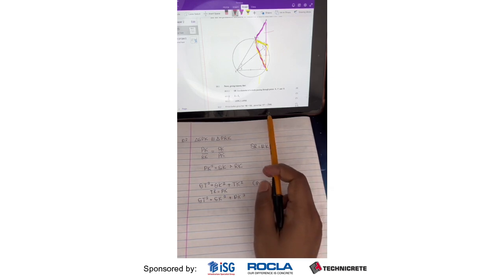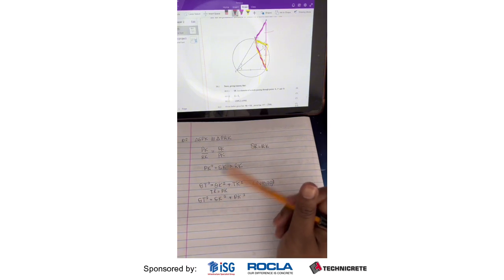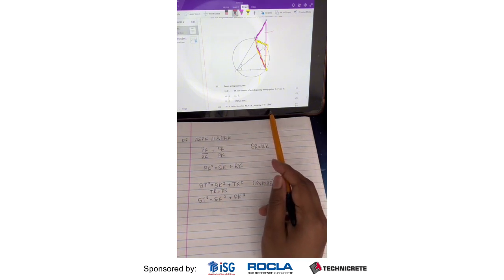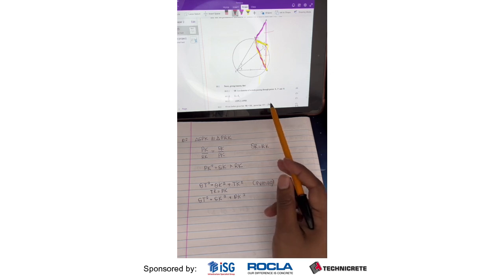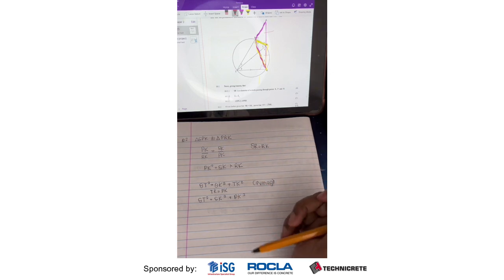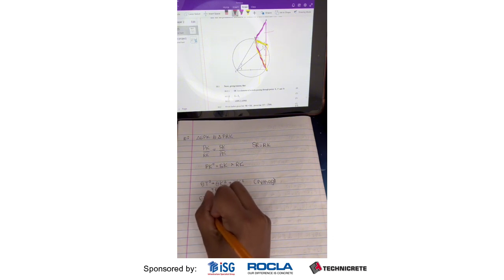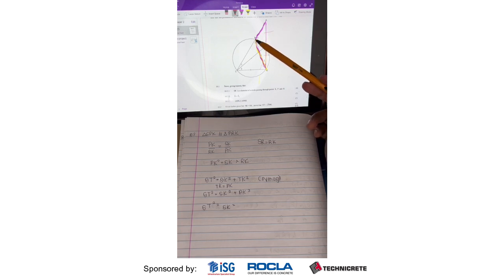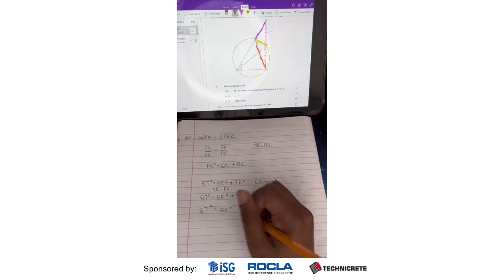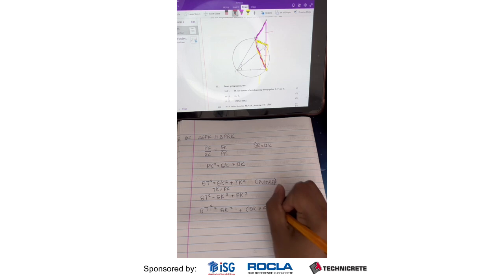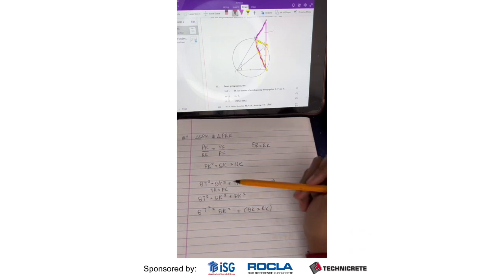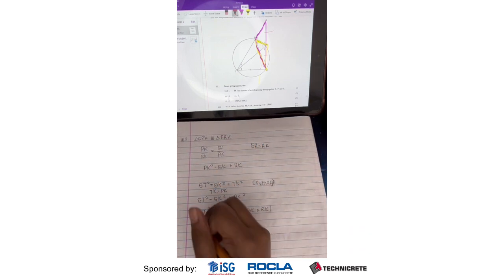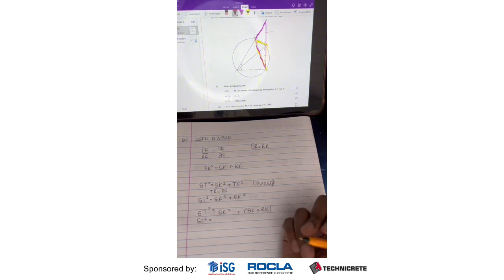So, what we want in our end answer, we need ST. So, we've got the ST here. We need RK, but we need root 6RK. Currently we have PK. So let's continue. So ST squared is equal to SK squared. PK, let's take a look at PK. PK is here. Oh, but PK we can substitute now to get my RK. So it's plus SK times RK. So we're looking at what the question wants from us, and we're trying to find that from what we've been given. So ST squared is going to be equal to